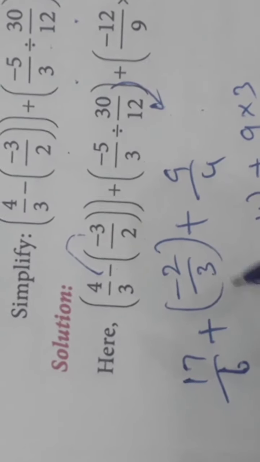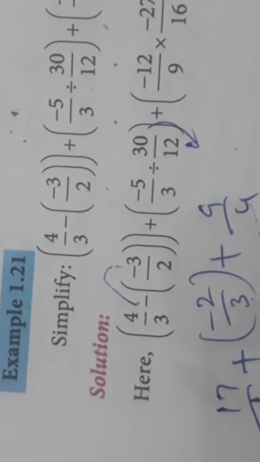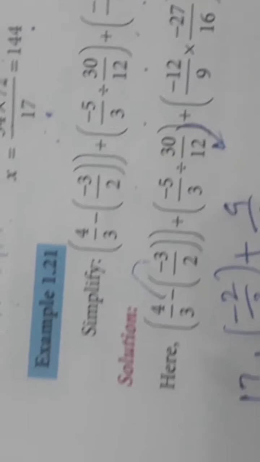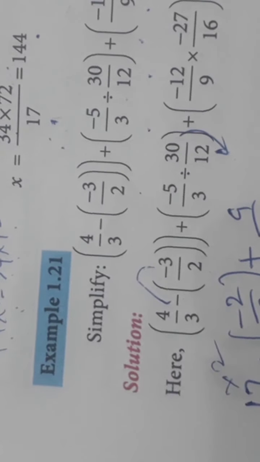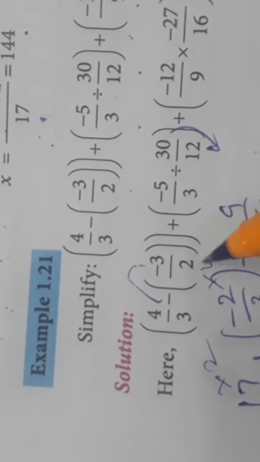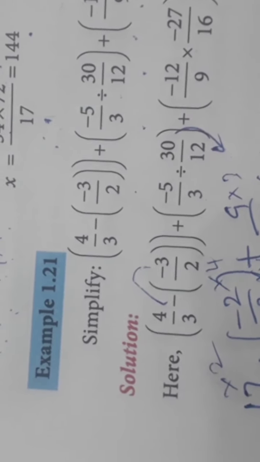Get the answer. Here all of them are different. Take the LCM. What is the answer? 12. So how many 2s are 12? 1 6 is 6. 2 6 are 12. So this number you want to multiply by 2. 3 4s are 12, so this number you multiply by 4. Okay, here 4 3s are 12.